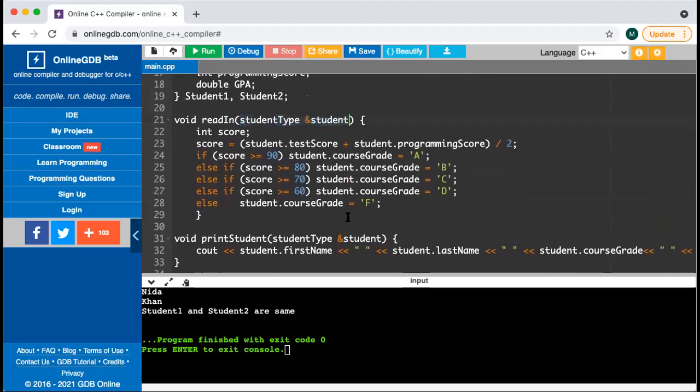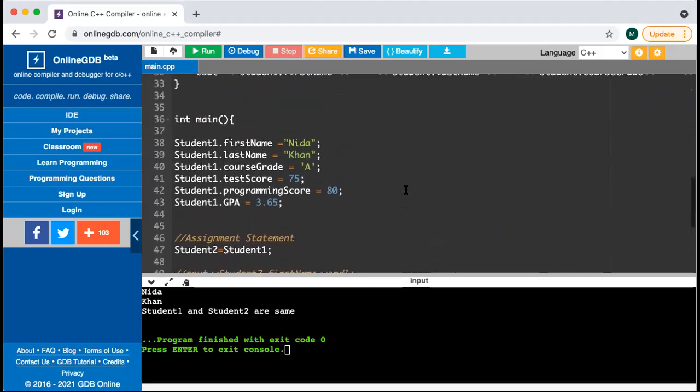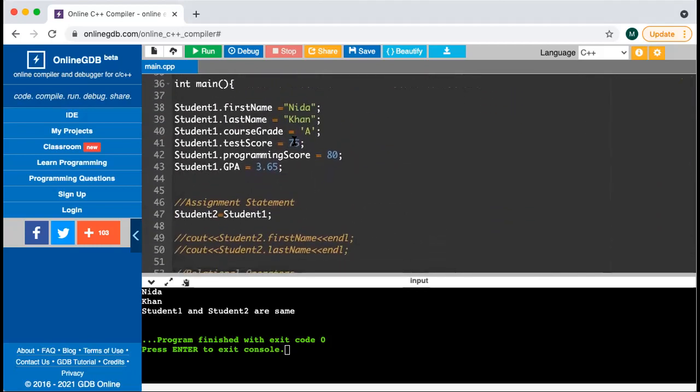ठीक है, और then it calculates टेस्ट स्कोर्स और प्रोग्रामिंग स्कोर्स की एवरेज लेता है, and if that score is greater than equal to 90 तो फिर grade A assign करेगा, if it is between 80 and 90 तो फिर B assign करेगा, and so on and so forth. ठीक है, so here I have actually added the values here कि test scores 75 और 80 है,